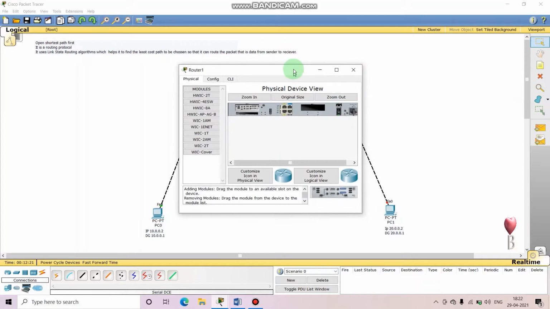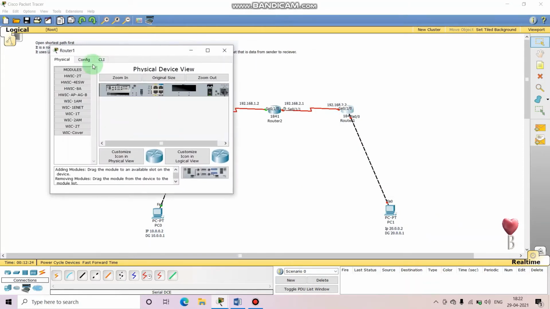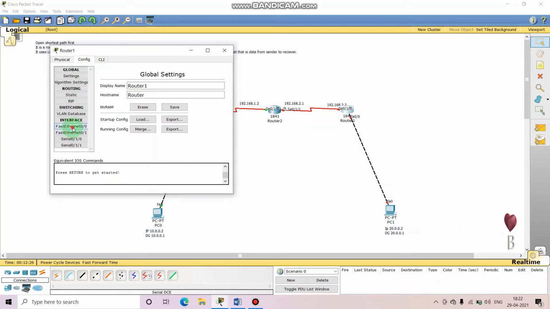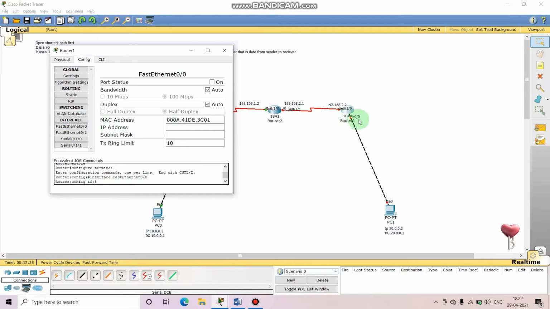Okay, so let's go to config, fa0/0, see this port, and here I'll put up this address, which is 20.0.0.1, and the subnet mask will be 255.255.255.0, and on the port.